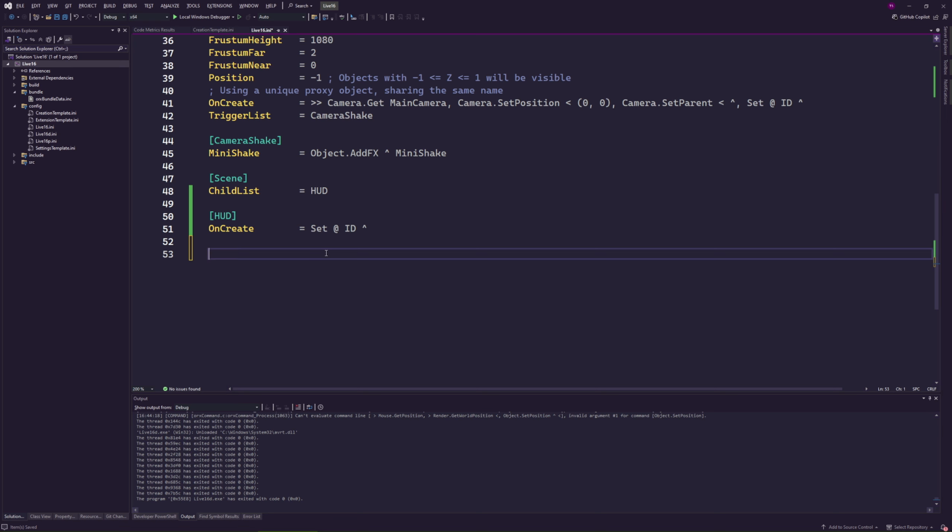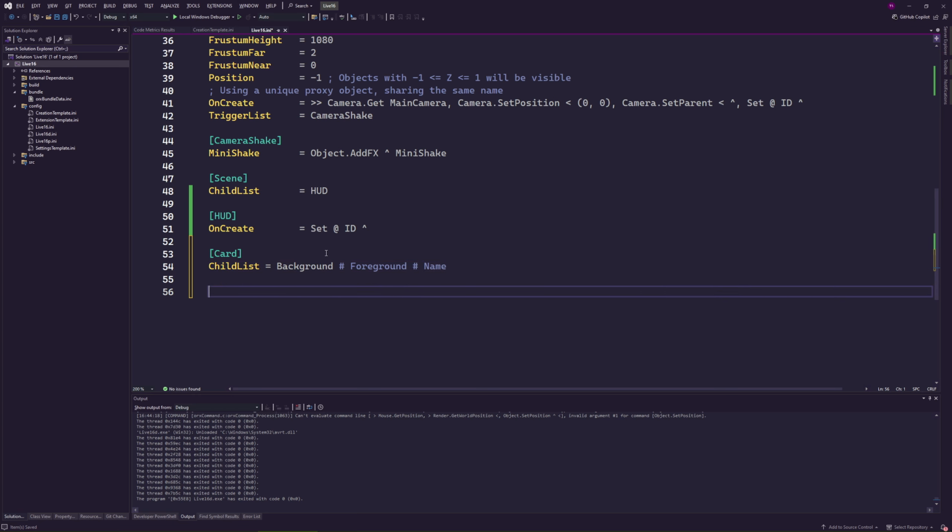So the way you would do this usually is probably by having a card, and the card would have a child list. And the child list would have a background and a foreground and the name and so on and so forth. And then if you want a Melissa character that inherits from the card, you would have to modify the foreground and the name as well. So that means that you would have to have a child list that is similar to it, but if, let's say, we don't want to touch the background, only the foreground.